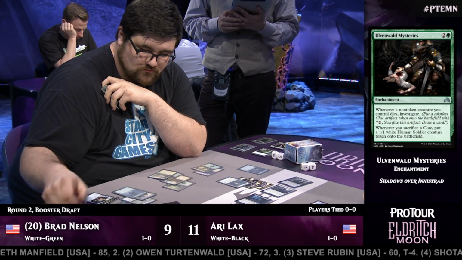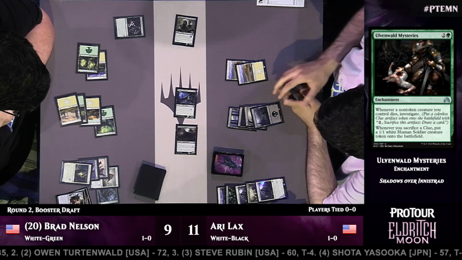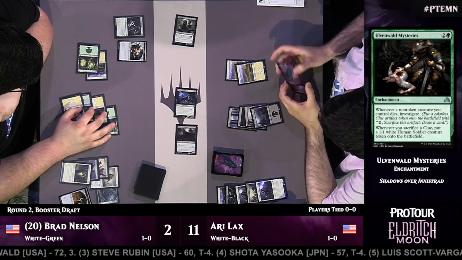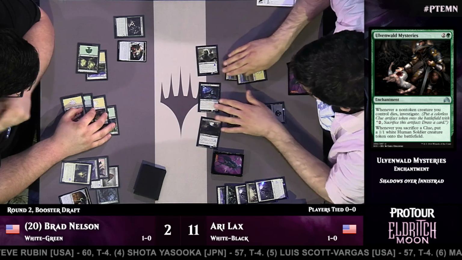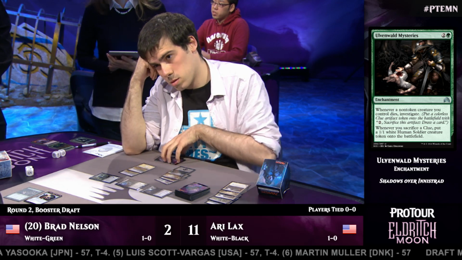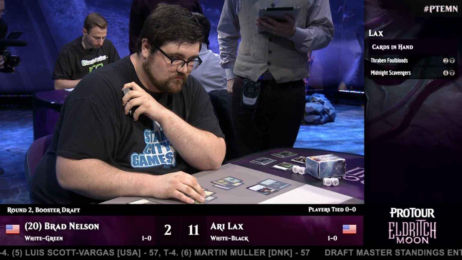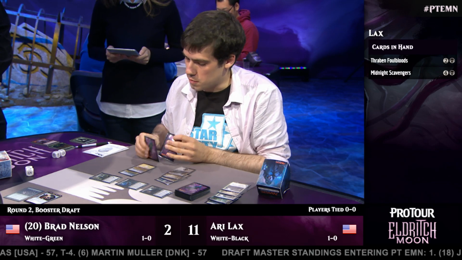I'm going to put you to 2 here. All your stuff dies. You heard it from Ari. Puts you to 2. All your stuff dies. He's trying to overwhelm the Ulvenwald Mysteries here, and he's doing a really good job of it. Indeed. Did you hear what he said? He said you can play Bruna and get that back, which is interesting. I think that he's just going through worst case scenarios at this point, but